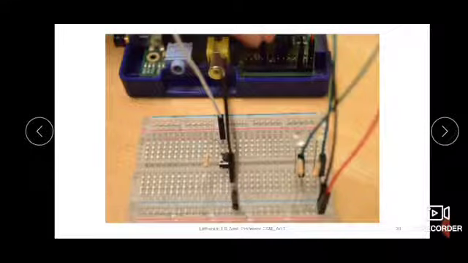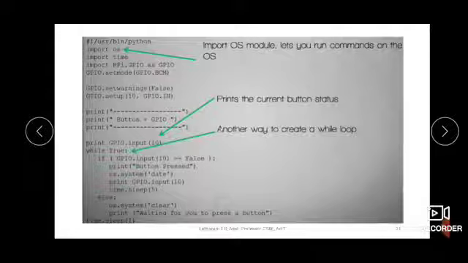So now to activate the push button, the code is written like this. Here this is the interpreter line, then import os. We are making use of the os package. This import os module will let you use commands of the operating system.